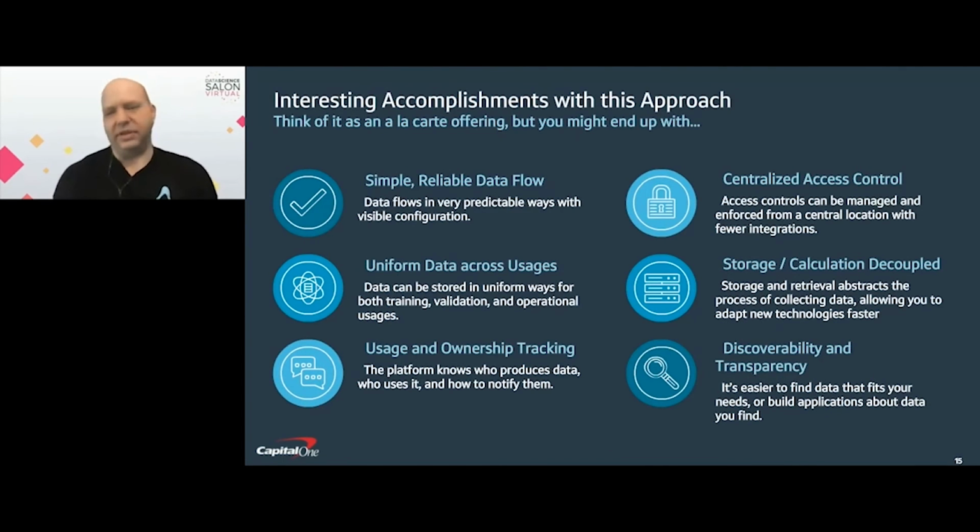You can see some of the things we've solved by doing this. Some of these may be a little bit subjective, but we do have a simpler flow. We know the entry, we know the exit. We do have more uniform data. Since we combined all of the input into a single place, we can guarantee that it's the same data that's written to multiple locations. This becomes very important for machine learning, which wants to have the same data for training as it does for operational use. We do have a more centralized access control because we reduced the number of interfaces that applications are using.